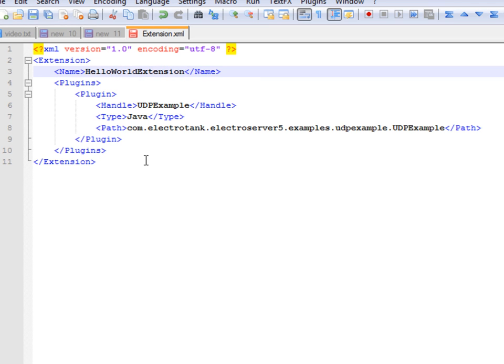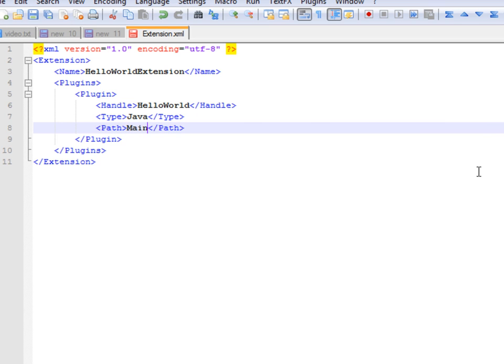This is the name of the extension, and we need to give the plugin a name, Hello World, and it's written in Java, and then a path to the class, which we just called main. Okay, now that I've saved that,